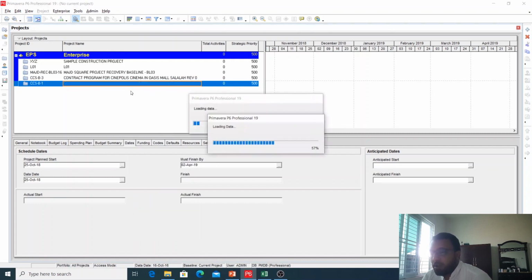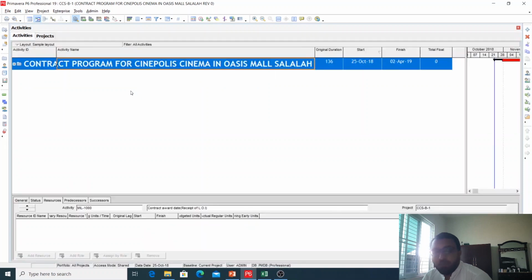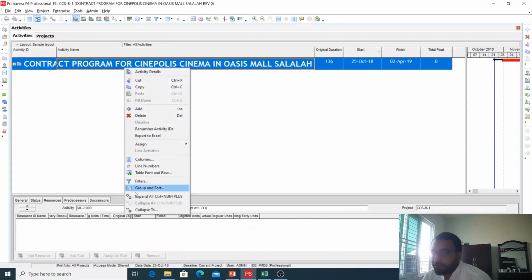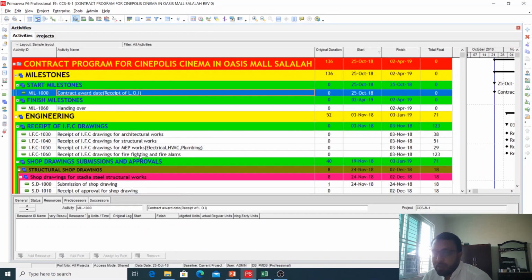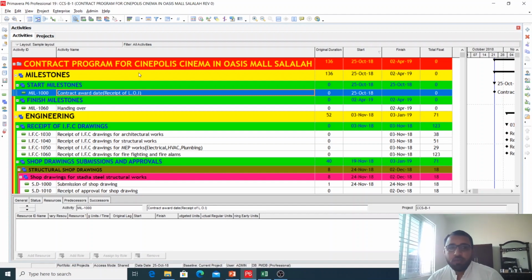Now I will tell you how to import and export layouts. So this was our last layout that we created. Now what happens is that you also want to apply this layout on, for example, another P6 installed on your laptop, your personal laptop, or in your office. You have created this layout in your office and you want to transfer it to your laptop,